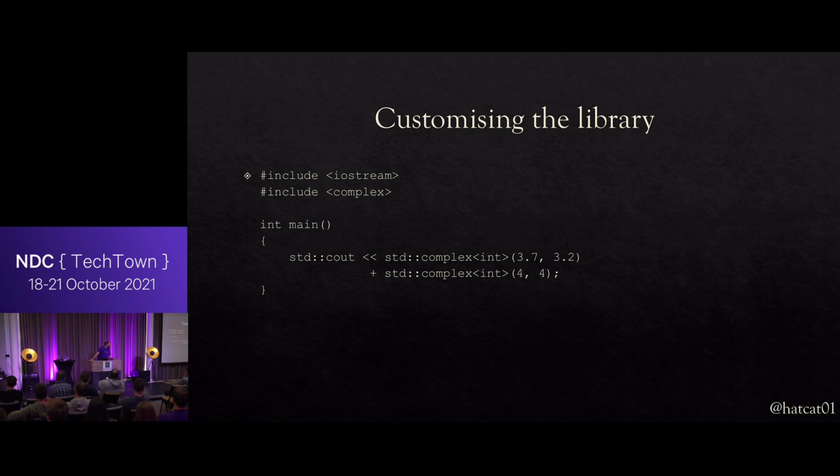Adding two complex numbers. Well, now it prints 7,7. This surprises some people. Why hasn't it converted to std::complex<double> and printed 7.7, 7.2? And what about this? Well, now it prints 7.7, 7.2. I initialized a complex of float with a pair of doubles. The conversion takes place at construction time, and then the addition takes place.